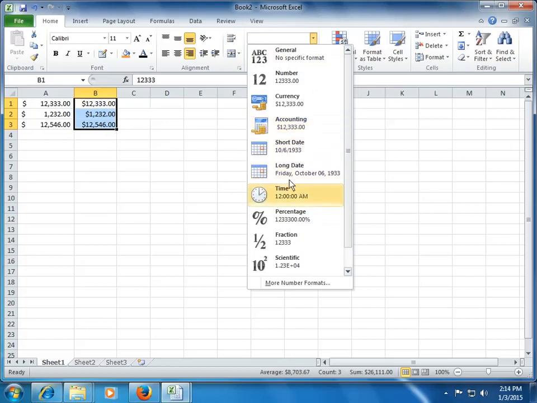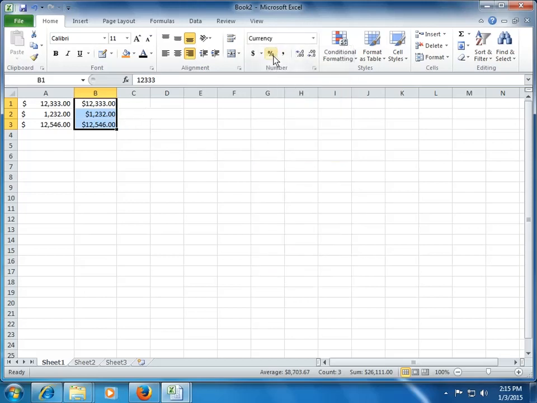So that's the basic difference between the currency and the accounting format. Right? And similarly we have other formats, like if you are working on dates, we can use the short date which will be in this format, or you can choose the long date which will be in this format. We can choose time, percentage. Percentage is important, so we have a drop down button here. We have a button here for percentage. So if I am writing any data which is in percentage format, I can choose the percentage format and it will change it to percentage. I can also increase and decrease the decimal of the percentage. Fine, so this is about the number format.